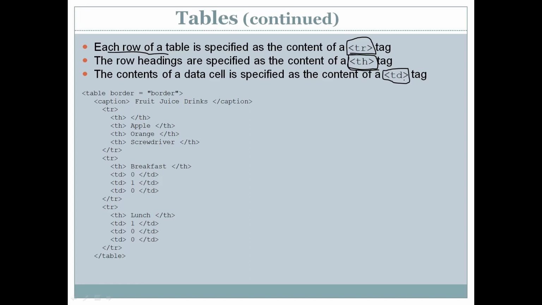So there are certain tags which we need to remember in the case of tables. The important tags here are table, tr, th, td. These are the 4 important tags which you need to remember while creating a table. There are other tags also, like I said, the caption tag. Now consider we want to create a table like this.